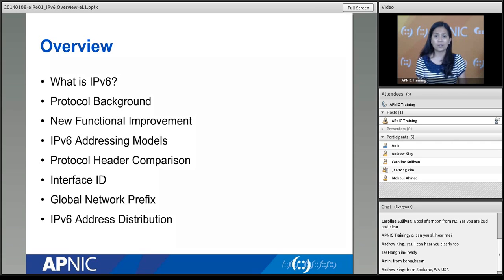We will look at two different parts, I would say, of an IPv6 address. Half of that is what we call the interface ID. We'll look at the different types of prefixes, especially the ones that are available to the public, which are called global network prefixes. And then how do we distribute IPv6 addresses? What is the hierarchy? Where do we get them from? Or if we are an ISP, how do we then distribute them further to our customers? So this sounds like a very large content that we have here. We'll try to fit in as much as possible in here.